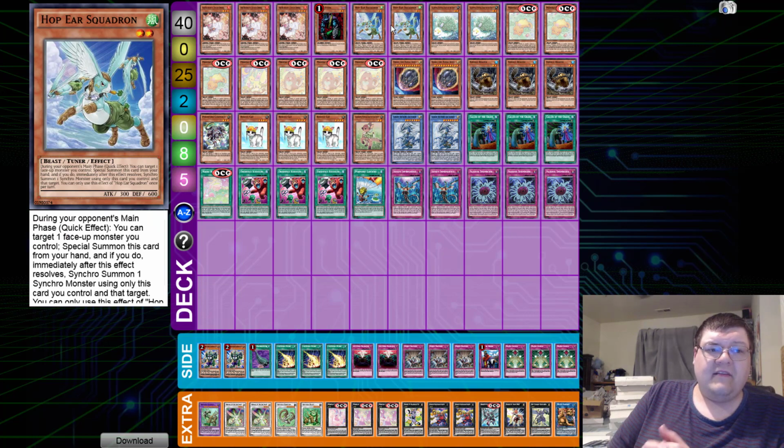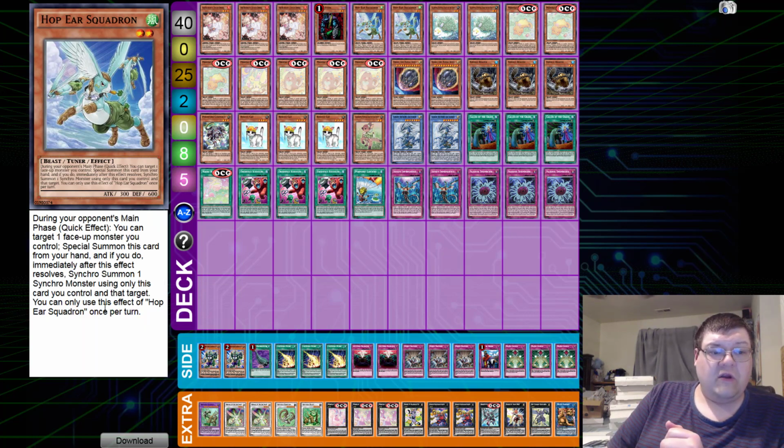We have two copies of the Hoppier Squadron. So during your opponent's main phase, quick effect, you can target one face-up monster you control. Special Summon this card from your hand. If you do, immediately after this effect resolves, Synchro Summon one Synchro monster using only this card and that target. So effectively, if we have this during our opponent's main phase, we can go ahead and tutor this